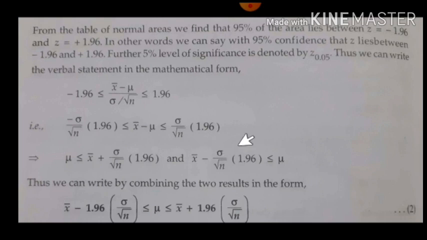So I can say that the mu value lies between this, mu is greater than this value and it should be less than this value. So that itself, the mu value is defined with these two terms. This is called an interval. Mu should be greater than this value and less than this value. With 95% confidence I am asking you to accept the hypothesis with this interval. So this is called the confidence interval for 95%.